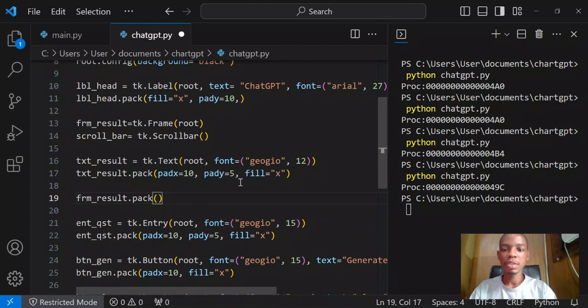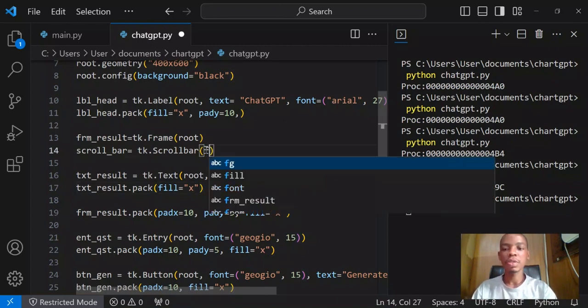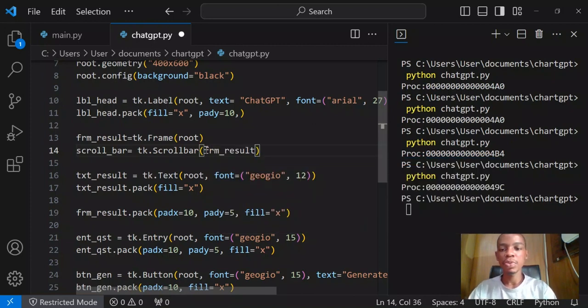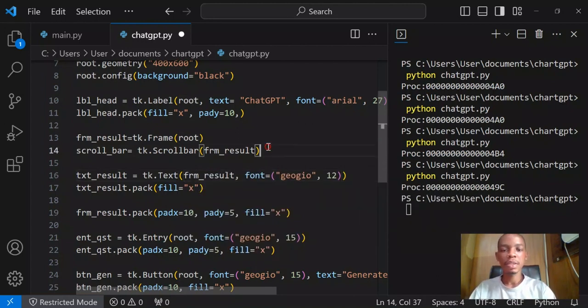and then I think I'll be needing this. Control X, Control V, and just a few like so this, and then so I'm putting them into a frame. I'm putting the scrollbar and the test result into a frame. So this one now, instead of root, I'm going to make it frame result. That's where I'm going to put it in, and then instead of root here, I'm going to replace this with frame result,